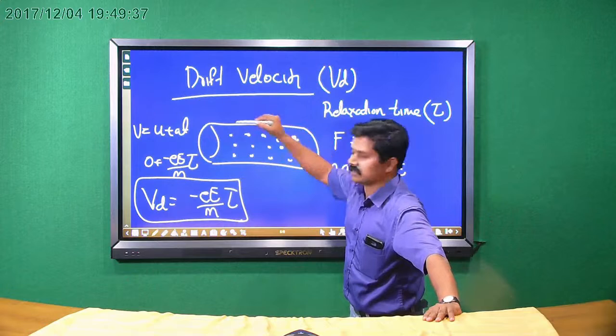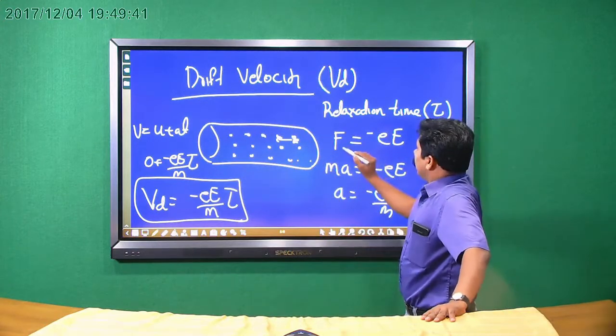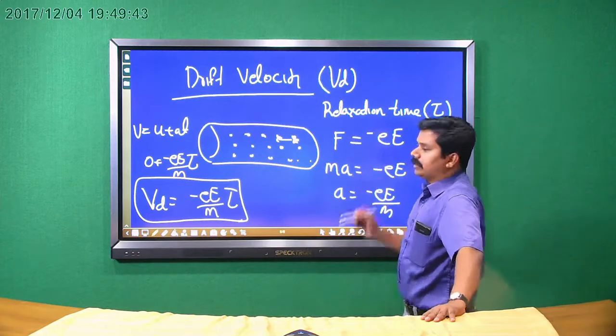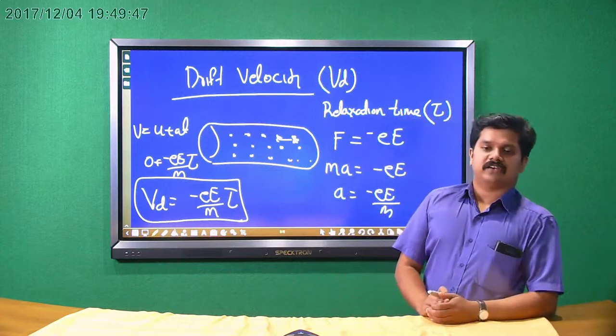Again, the speed decreases, and again it is accelerated, like that. The electron moves like that. Okay. Now, the force acting on the electron, the force acting on any charge in the presence of an electric field, we know